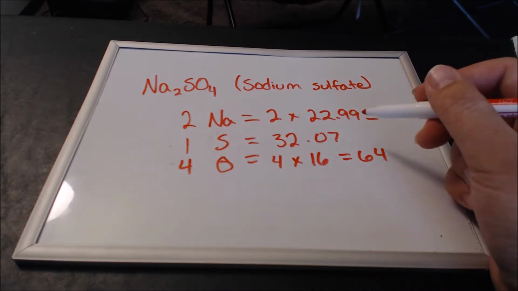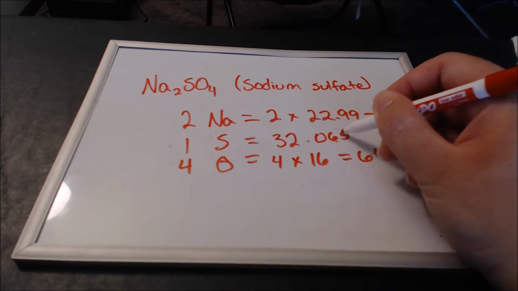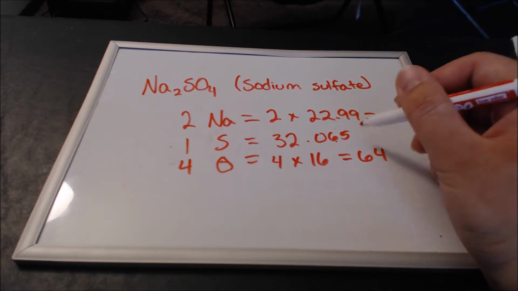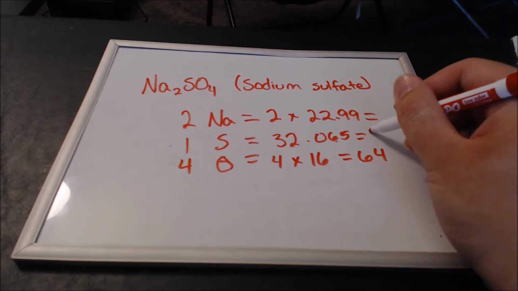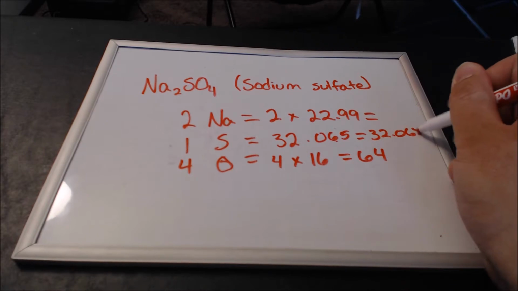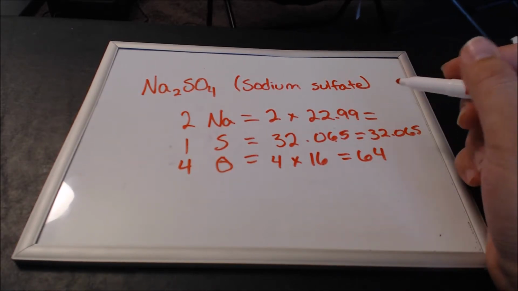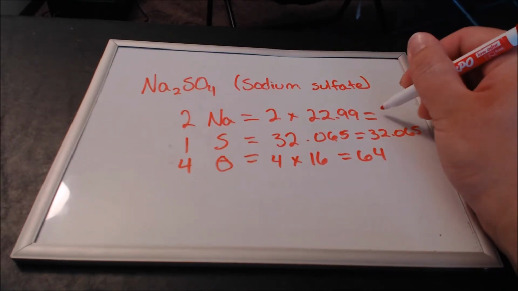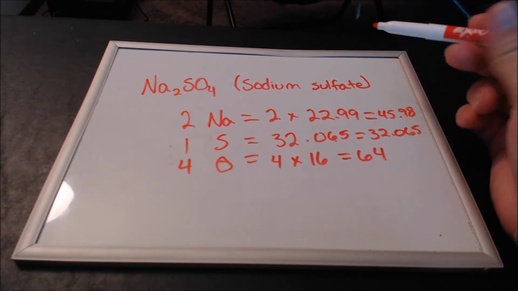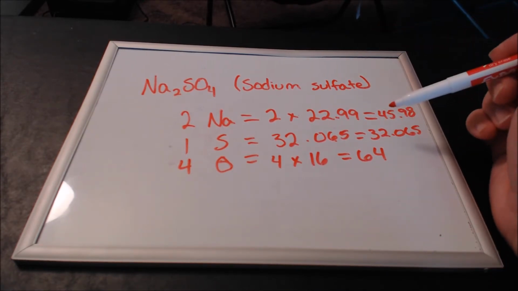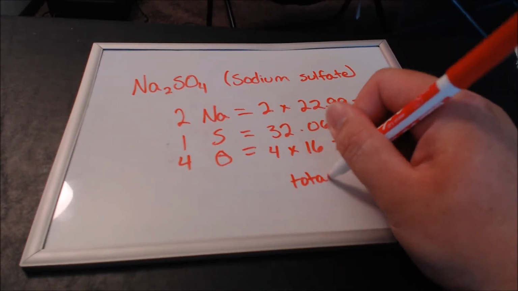Now this sulfur up here, actually, you know what? Let's say it's 32.065, like it said on the periodic table, just to be more exact. So like I said, that's what you're going to do realistically anyways. So that's going to be 32.065. And then we had 2 times 22.99, which is 45.98. You can just do that on a calculator. I did it ahead of time so we could save a little bit of time. So now we'll add all 3 of these together, and the total is going to be